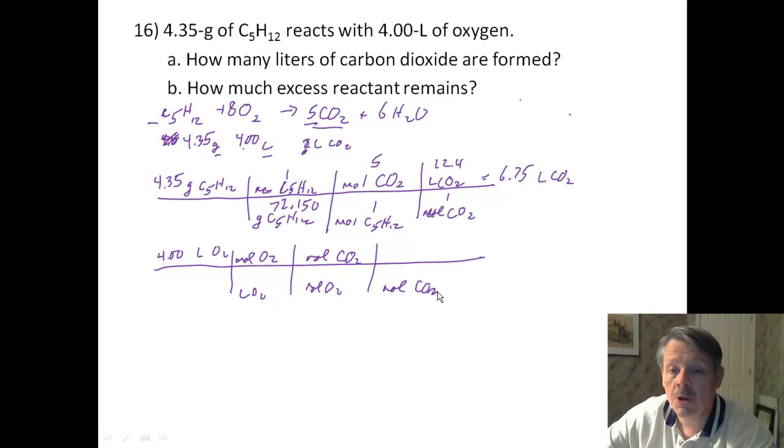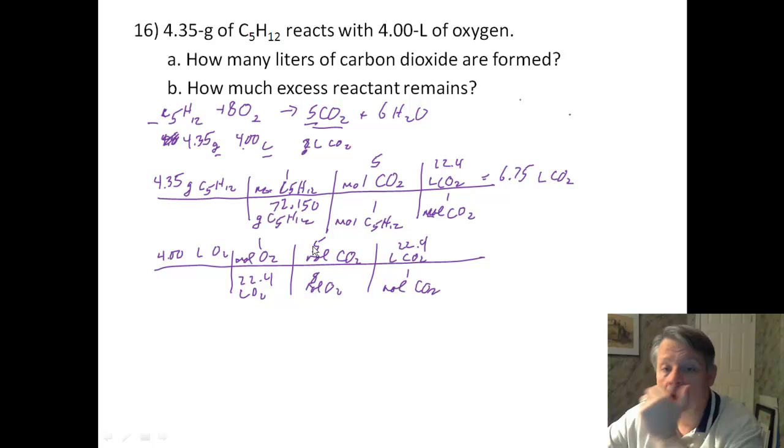And moles of carbon dioxide to liters of carbon dioxide. We know that there are 22.4 liters in a mole. We can do that twice, so they're going to cancel each other out. And moles of O2, we've got 8 moles of O2 going to 5 moles of CO2. So when I actually do this math, I come out with 2.50 liters of CO2,